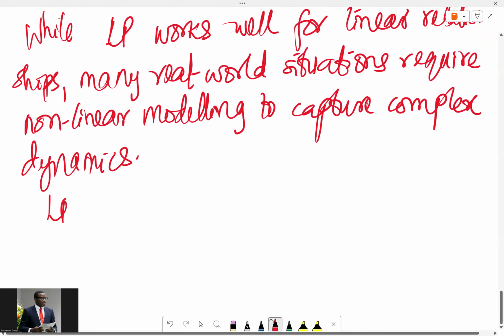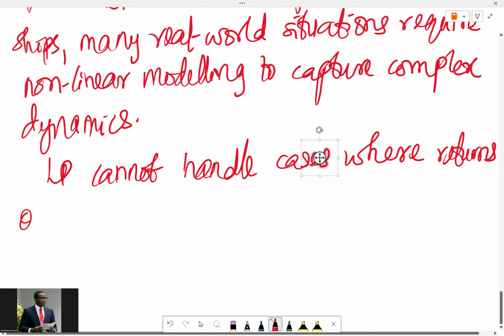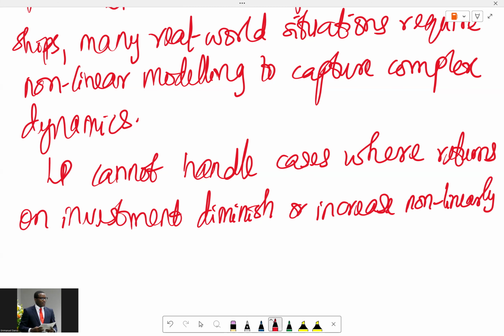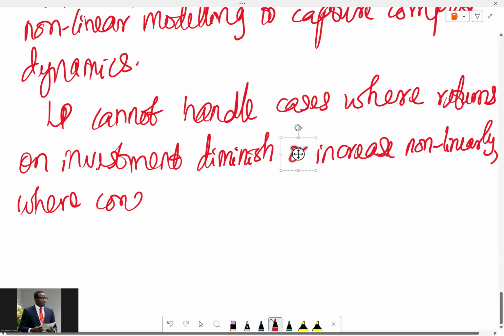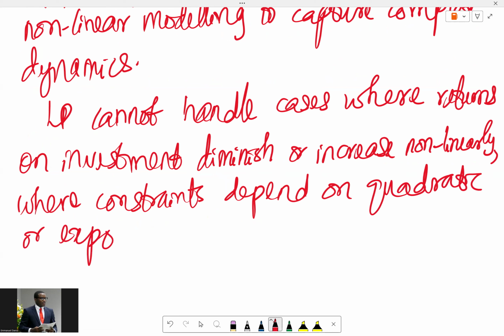So in that case, LP cannot handle cases where returns on investment diminish or increase non-linearly. So where constraints depend on quadratic or exponential relationships,